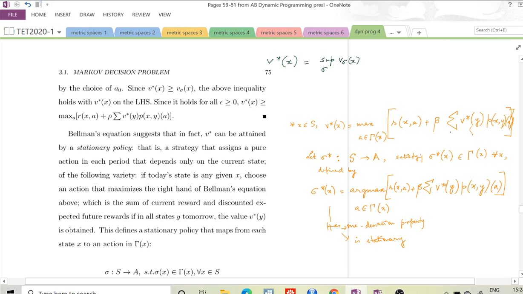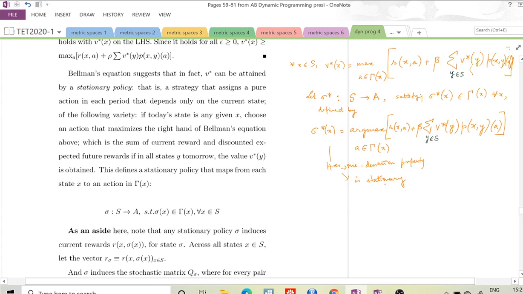If you wish, I can put a y here, right? And so the question arises, is sigma star optimal in the sense that playing this strategy or this stationary policy sigma star, am I going to get for every initial state x the payoff V star of x? So we could say, question,